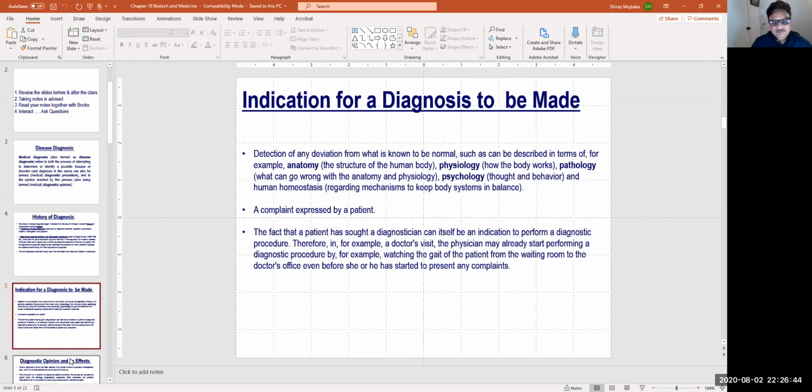Now, if somebody has a fracture, then definitely he or she has to go to check the structure of the body, structure of the bone. So that's anatomical description or anatomical diagnosis. If somebody is having a change in, let's say, sodium ion or potassium ion, then they have to go for a biochemistry test, look at the sugar level in the blood to look for diabetes. So those become physiological diagnosis, right?